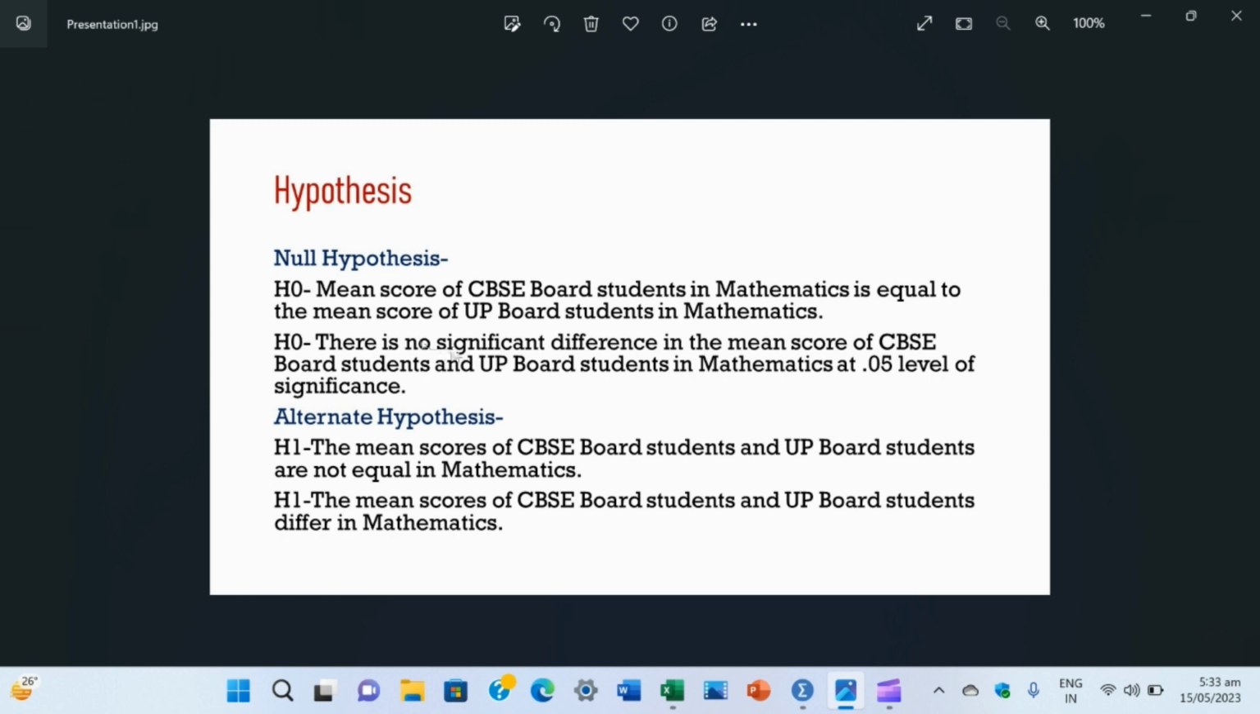For these two null hypotheses, alternate hypothesis will be the mean score of CBSE board students and UP board students are not equal in mathematics. The mean score of the CBSE board students and UP board students differ in mathematics. So for these hypotheses, null hypothesis and alternate hypothesis, we will check it using the t-test. As we know that we test the null hypothesis,